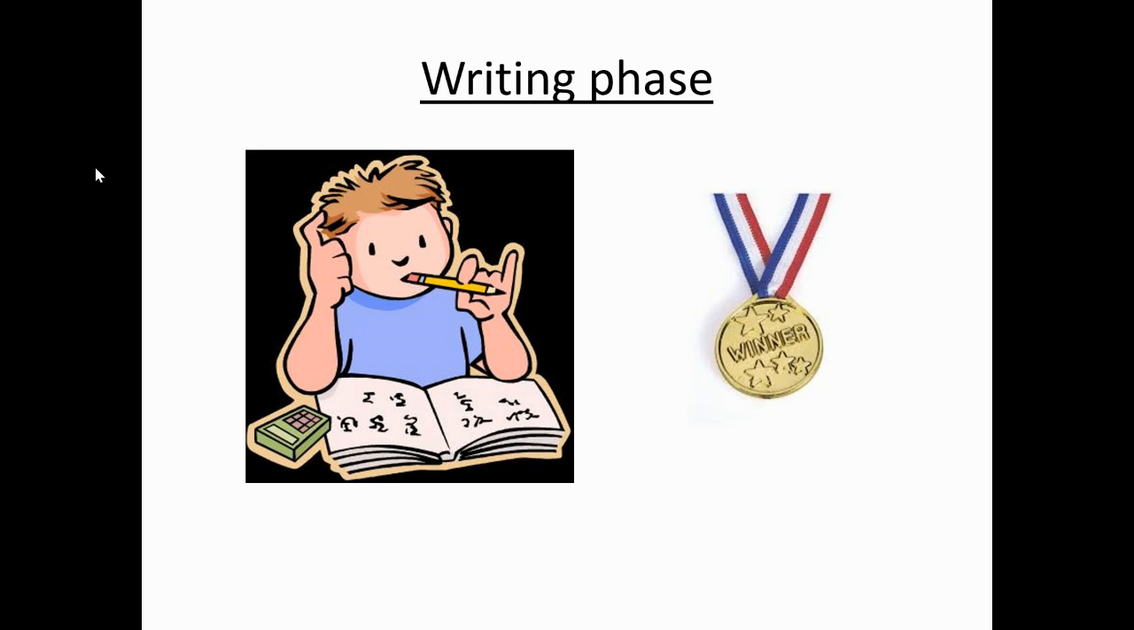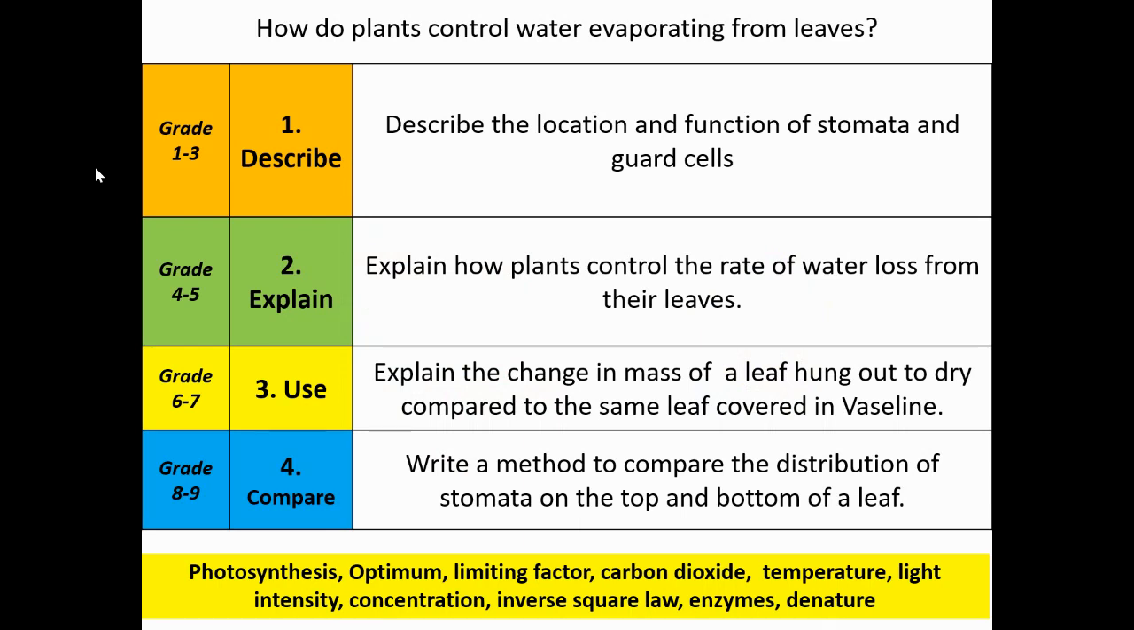Right, writing phase. Make sure that you are writing your answers with full sentences, please, and in full paragraphs, please. So, describe section is describe the location and function of stomata and guard cells. Explain is explain how plants control the rate of water loss from their leaves. So, explain what's going on in terms of the guard cells. Use to explain the change in mass of a leaf hung out to dry compared to the same leaf but